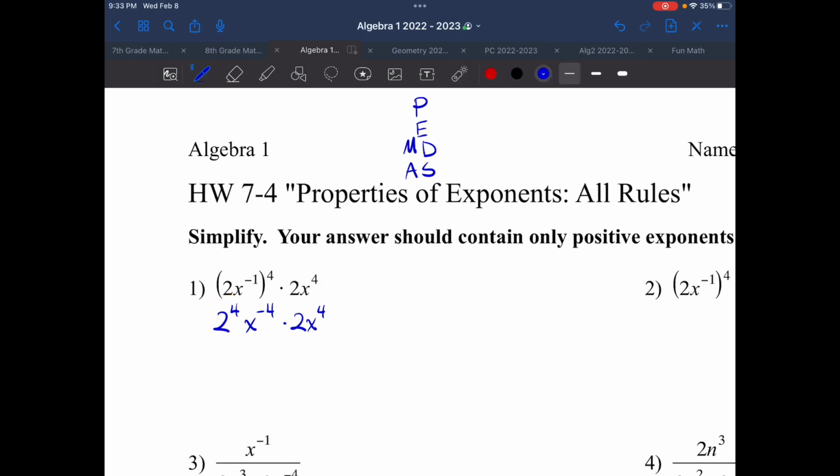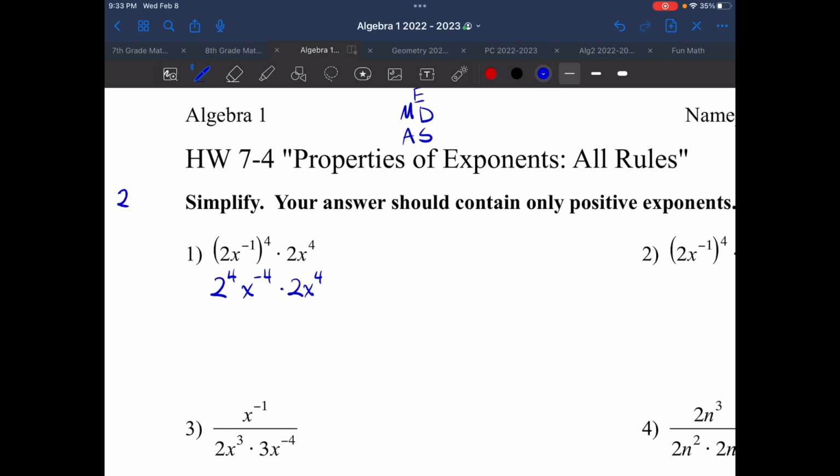You could also do this a second way. You could say that's 2 to the power of 1 and then add the exponents. I'm going to do it the longer way, the way that I think most students would solve this. 2 to the power of 4 is the same thing as 2 times 2 times 2 times 2. 2 times 2 is 4. 2 times 2 is 4, and 4 times 4 is 16. So this is going to be 16x to the power of, and now I can simplify just a little bit